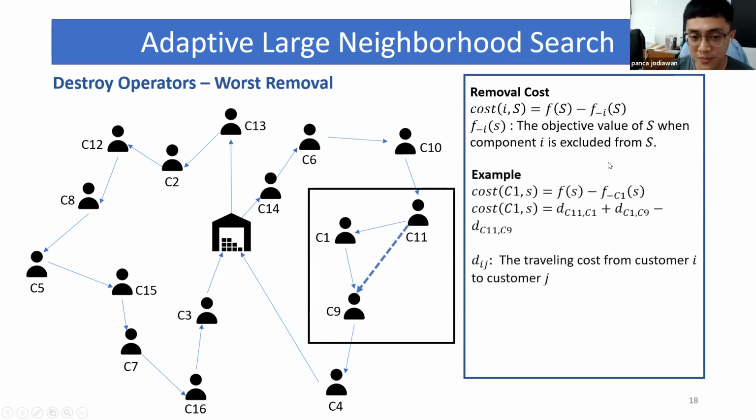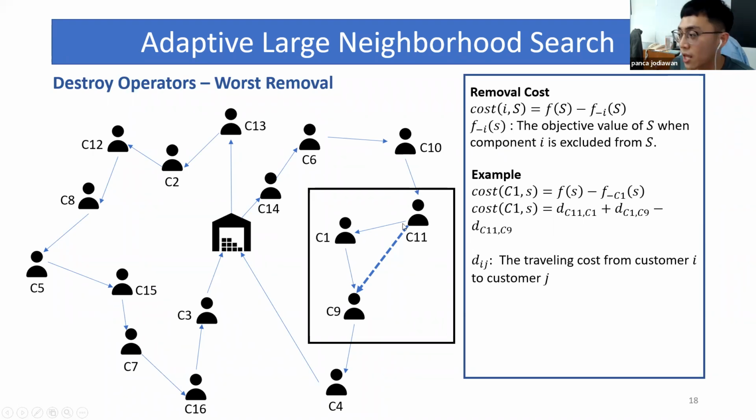For example, we want to measure the removal cost of C1, and we are still talking about CVRP. The whole example will be about CVRP to make the explanation simpler. Take a look: the cost of C1 in the solution equals f(S) minus f(S without C1). Then how do we calculate the removal cost?